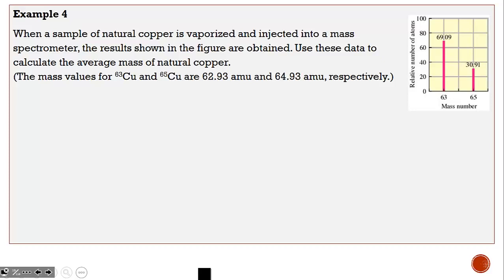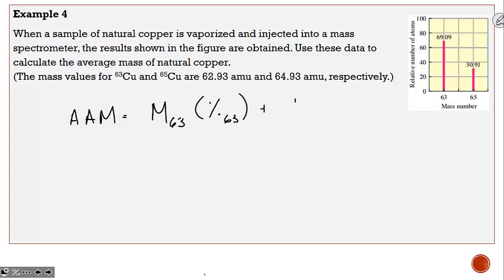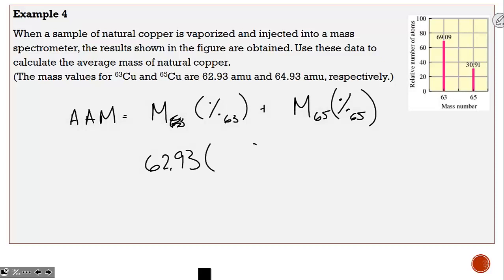Using the percent abundance from the sample, find the average atomic mass. So our average atomic mass is going to be, if we take the mass of 63 and multiply by the percent of 63 and add to it the mass of 65 and multiply by the percent of 65. And they want us to use the actual masses off the mass spectrometer. So we're not going to use 63, we're going to use 62.93 for the mass of 63. The percent abundance, we're going to use